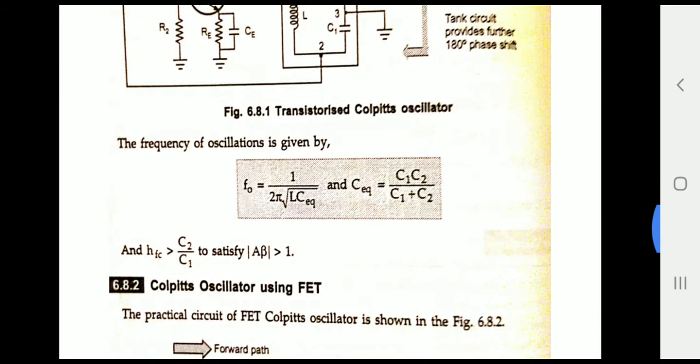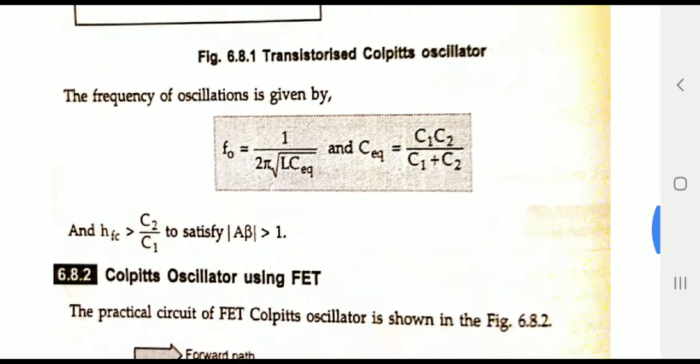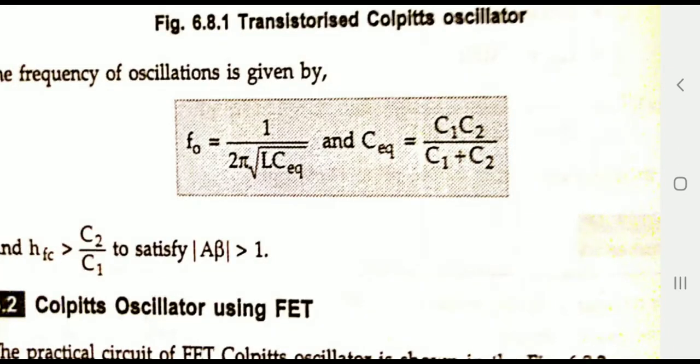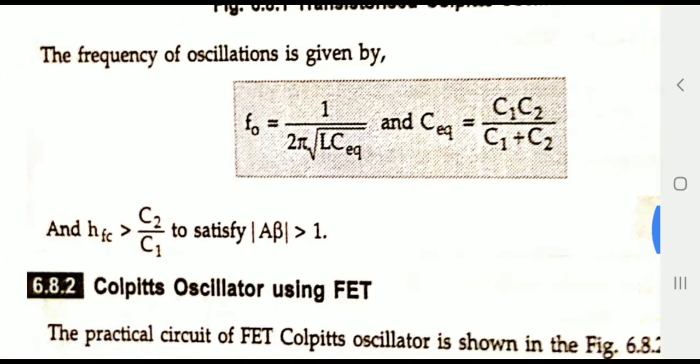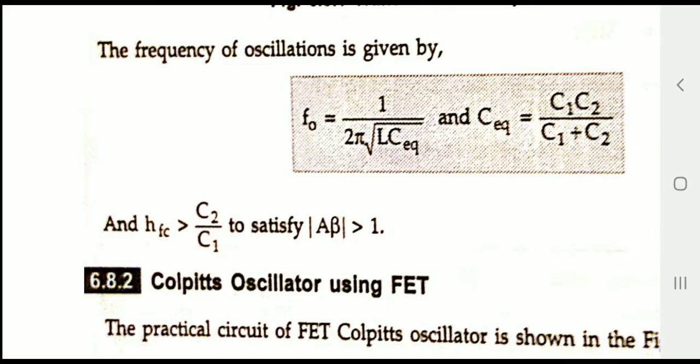Now look at the equation here, that is the frequency of oscillation. f0 equals 1 divided by 2 pi square root of L into C equivalent, where C equivalent is nothing but C1 C2 by C1 plus C2, because two capacitors are in series. Hence this is the formula for C equivalent. The condition for sustained oscillations is that the hFE value, that is the beta current gain, should be greater than C2 by C1